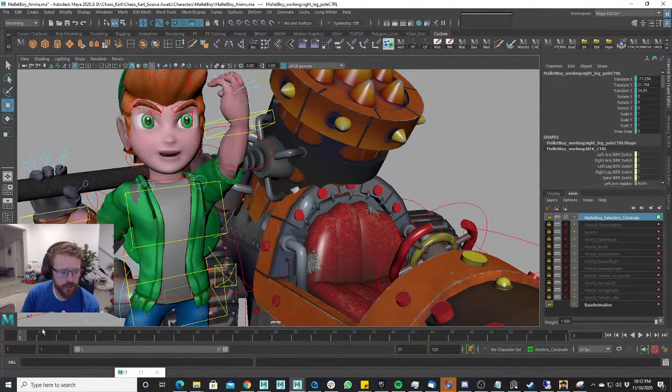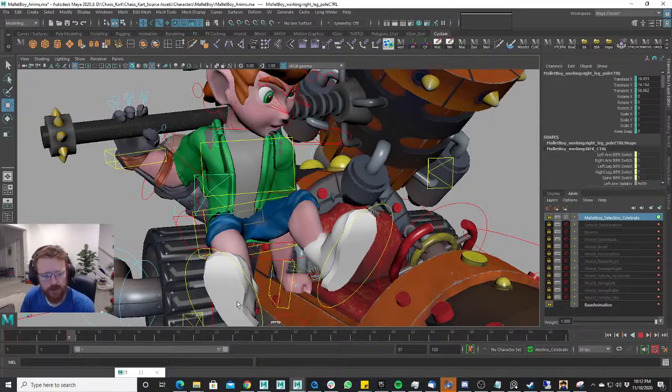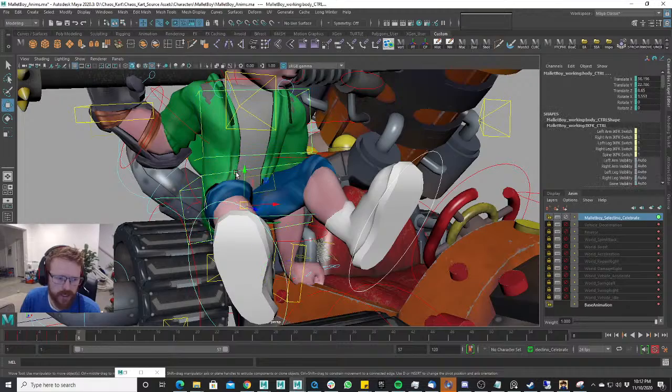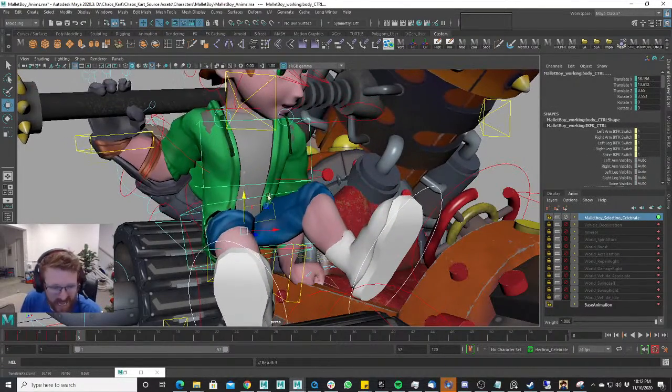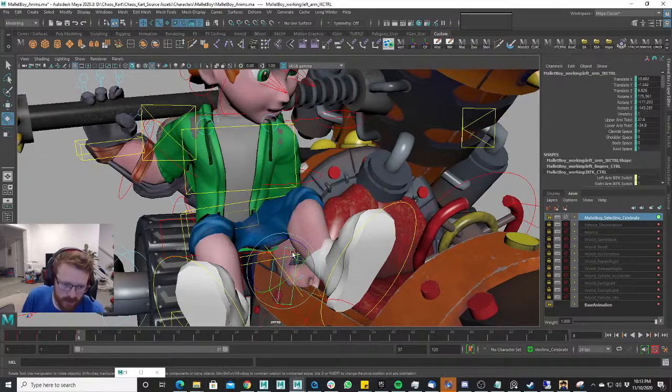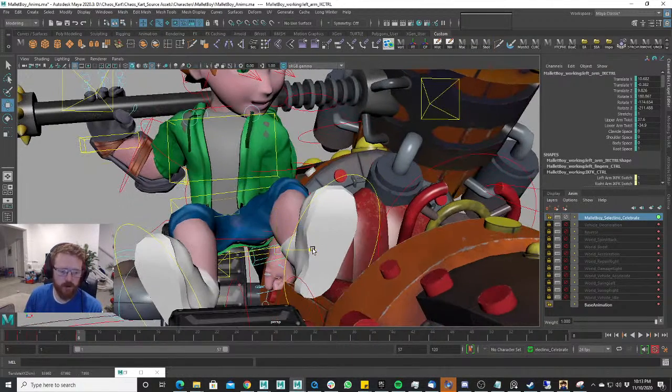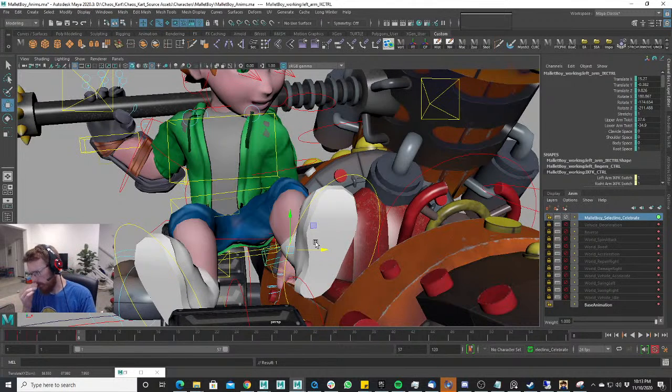And so I'm just going to try and get as much of the blocking in right here as I can, so that I can see that idea working, right? Because I don't know exactly if it's going to work. We might block this in and decide, you know what, this just is not working. Let's scrap this idea and just go with the fist pump, right? Or let's just go with his hover swing, what we looked at in the beginning of the video, where you hovered over him and he swung the